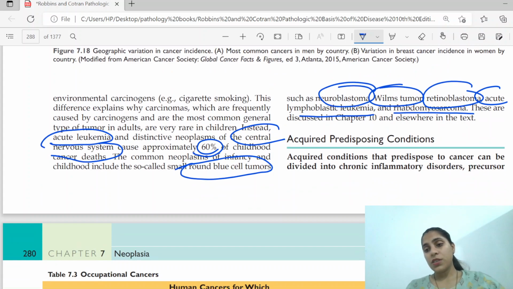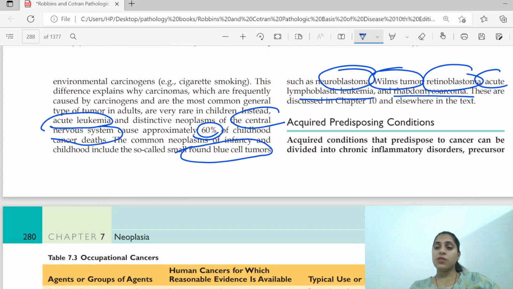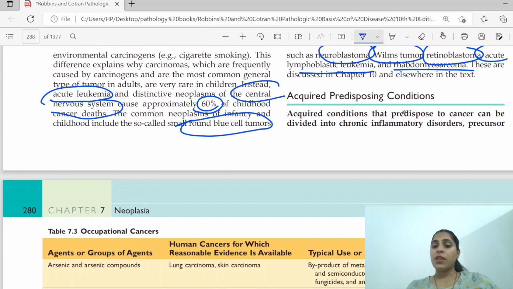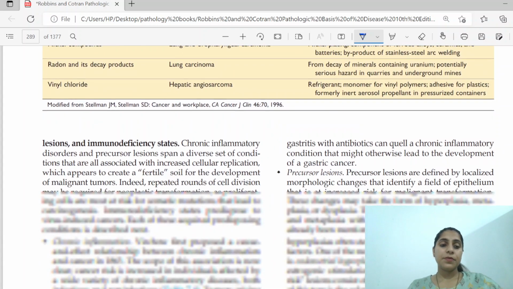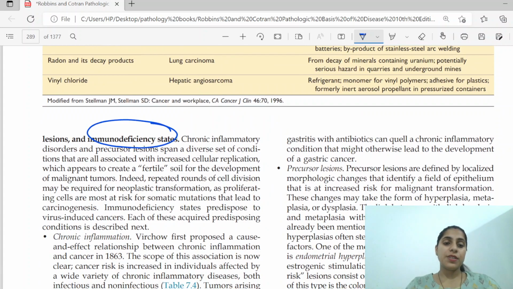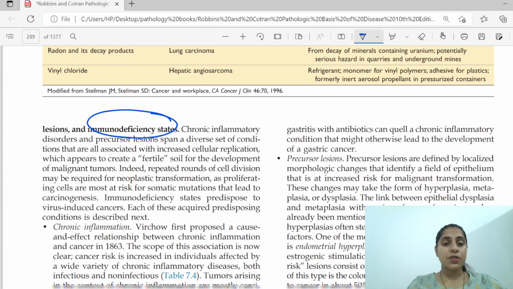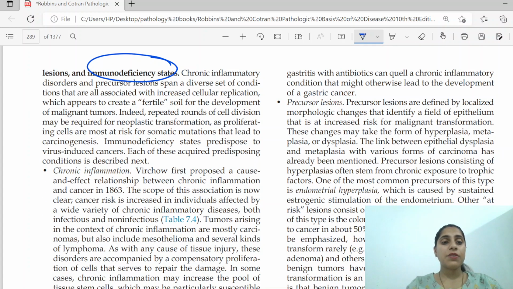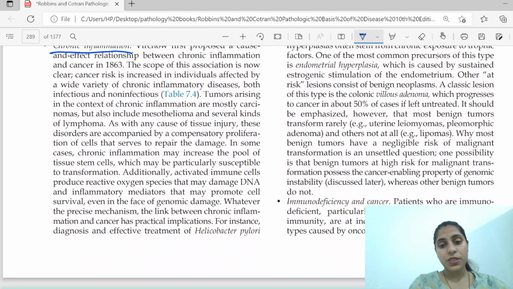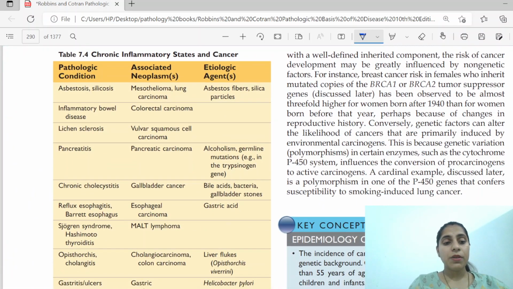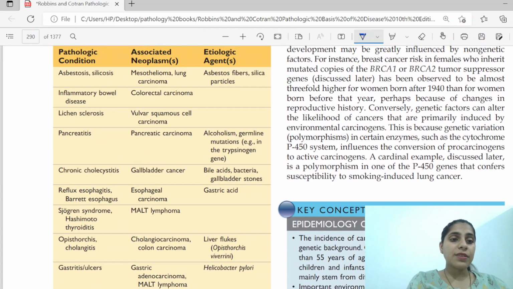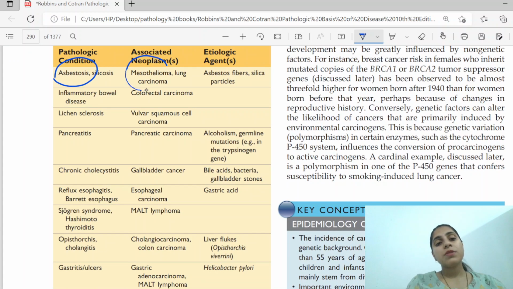Acquired predisposing conditions. Acquired predisposing conditions in carcinoma we divide into chronic inflammatory conditions, precursor lesions and immunodeficiency. Chronic inflammation and precursor lesions span a diverse set of conditions. First, we'll come to chronic inflammatory conditions that predispose to cancer. These include, like somebody exposed to asbestos, there is chronic irritation that can cause mesothelioma and